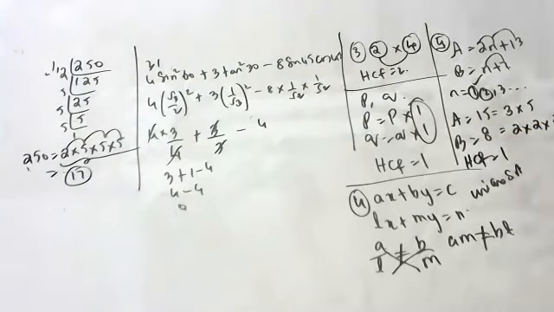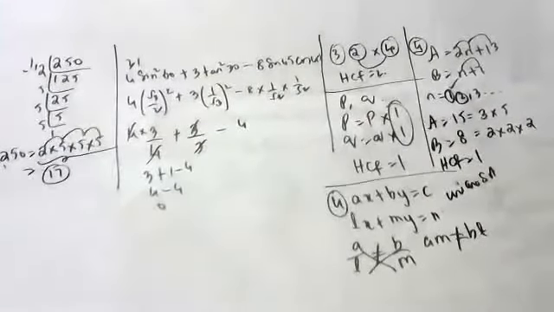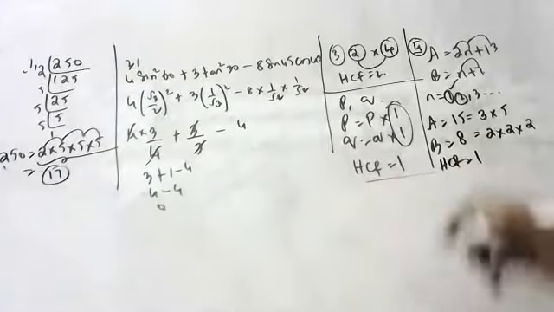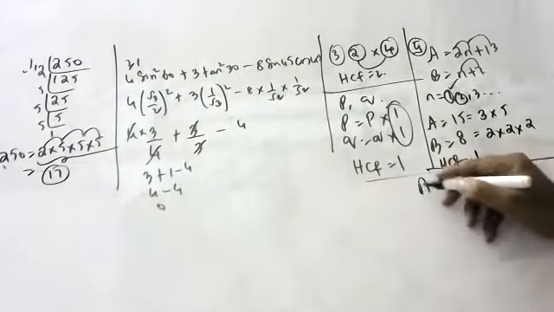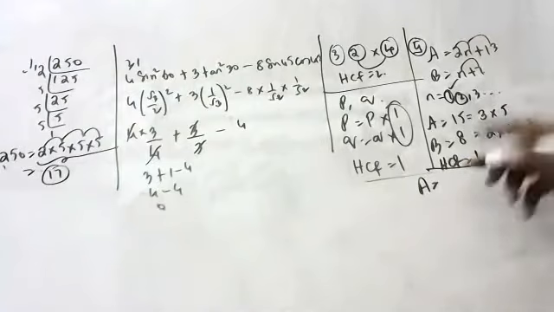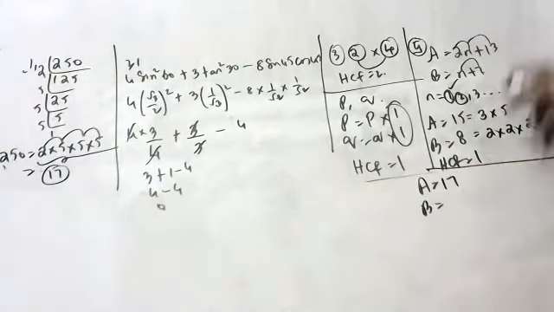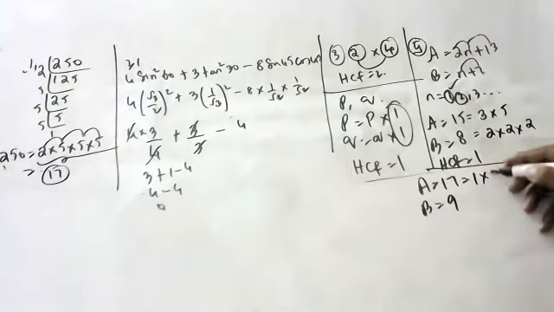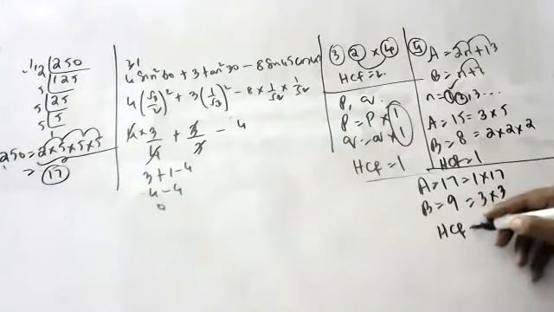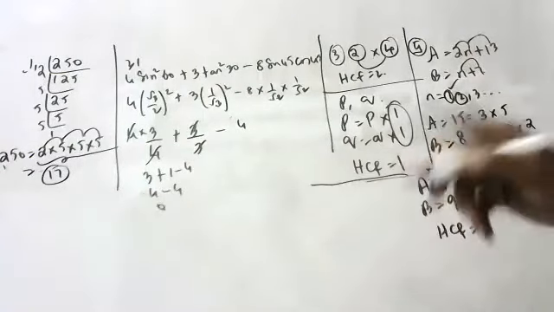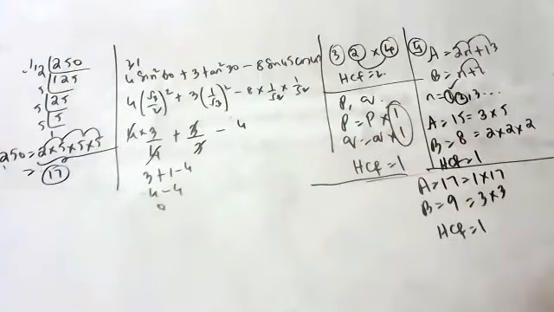Shall we get the same HCF or not? We'll check with 2 also, children, because I am also seeing this question for the first time. Let's substitute 2 and see if we get the same answer. 2 into 2 is 4 plus 13 is 17. N plus 7 is 9. Yes, sir, same answer. HCF is 1. N is a natural number, he told you. Natural number means you can substitute 1. Don't substitute 0 because 0 is a whole number.